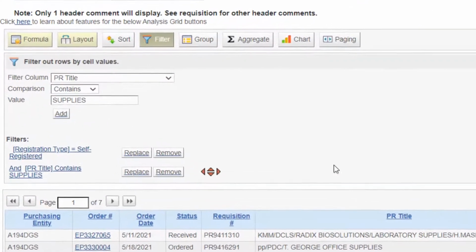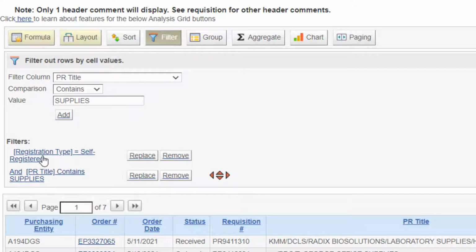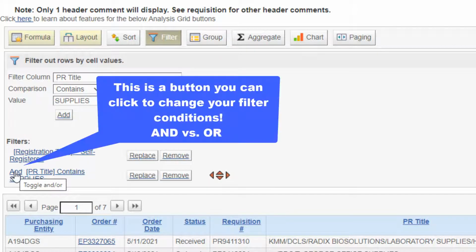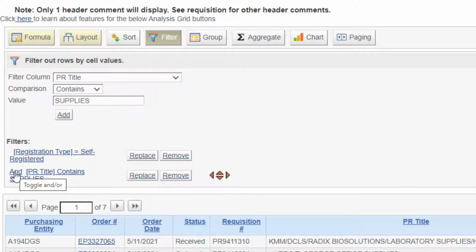Let's take a look. As you can see, our filters are set to registration type and PR title containing the word supplies. And right before our second filter, you see the word and. If you hover over this, it allows you to toggle on this button to and versus or. Now right now it's set to include both of these conditions in our filter, but if I simply click the